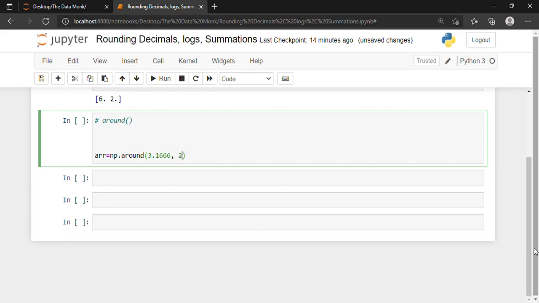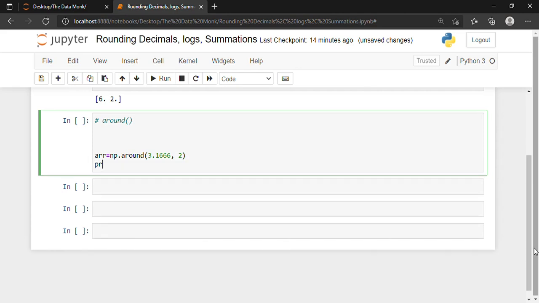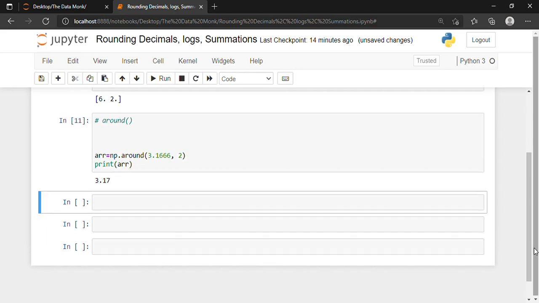So what does the around function do? The around function basically rounds off up to 2 decimal places. If I print this, print ARR, shift and enter to execute, I can see that the digits after the decimal point have been rounded off to 2 decimal places. So 3.17 is displayed as the answer.